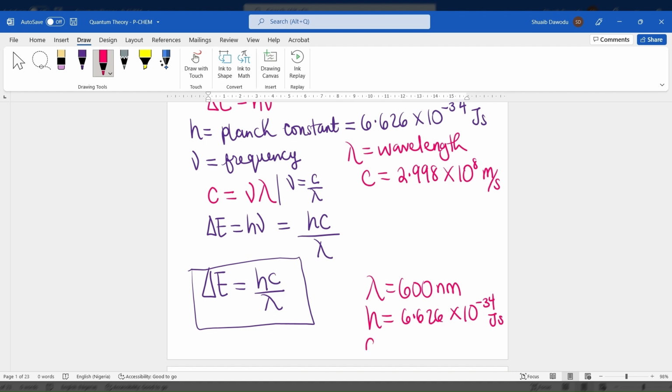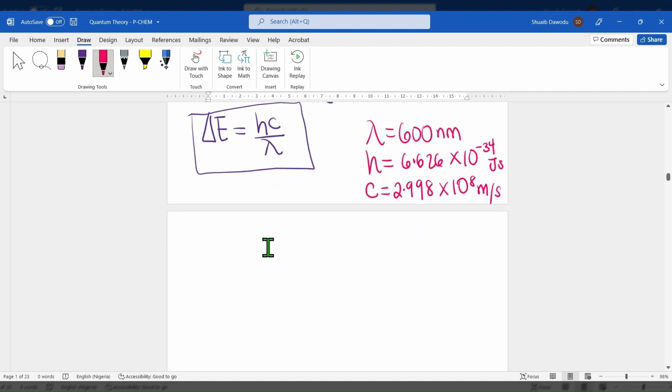And we also have the speed of light to be 2.998 times 10 raised to the power of 8 meters per second. So we can simply substitute for this first question. So we end up with change in E is equal to